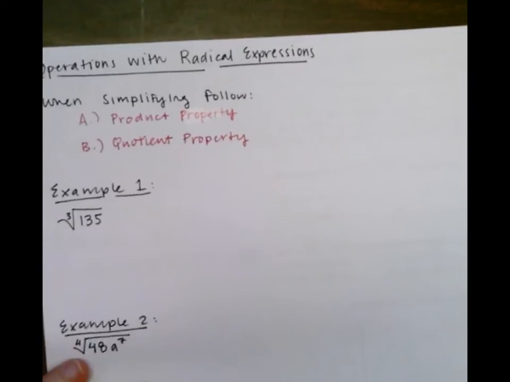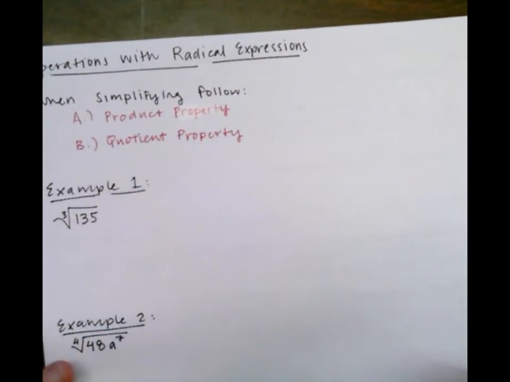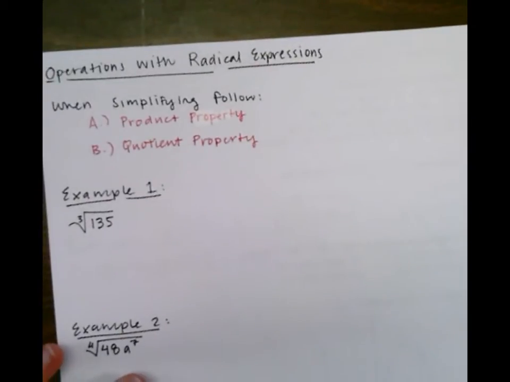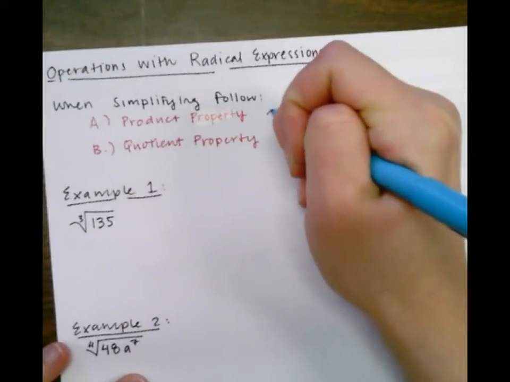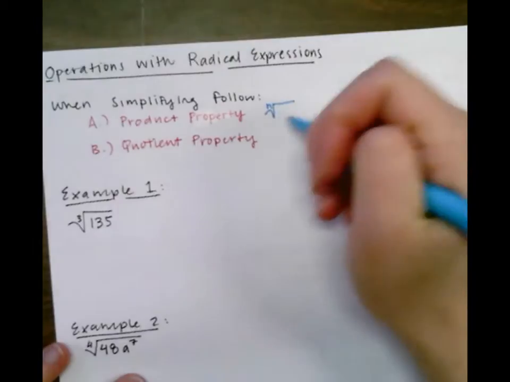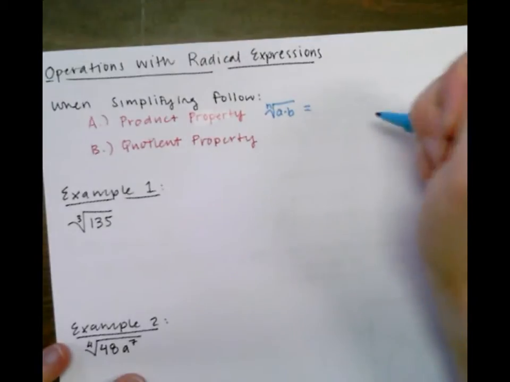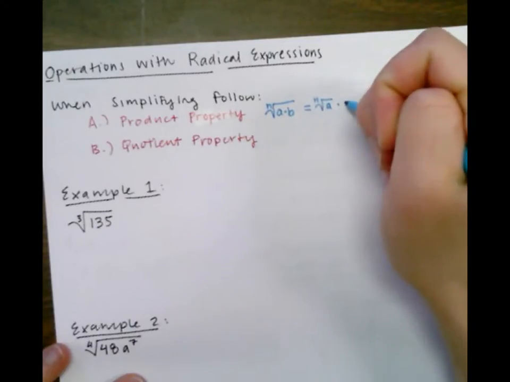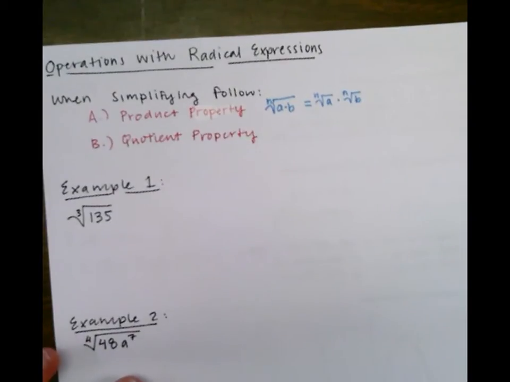First of all, I want to formalize two rules or properties we've been following when manipulating radicals or expressions with rational exponents. The first one is the product property, which says if you have the nth root, it doesn't have to be a square root, it could be any root, of a product a times b, then that will always be equivalent to the nth root of a times the nth root of b. And this is what allows us to simplify